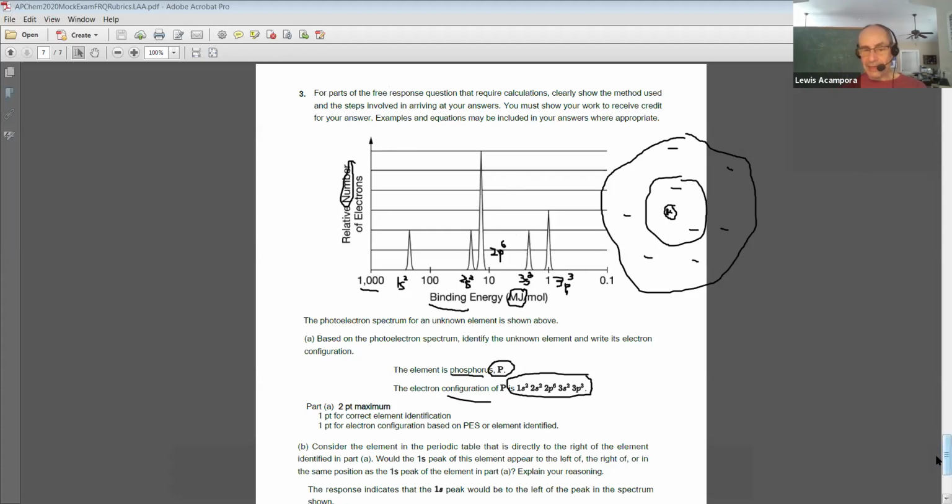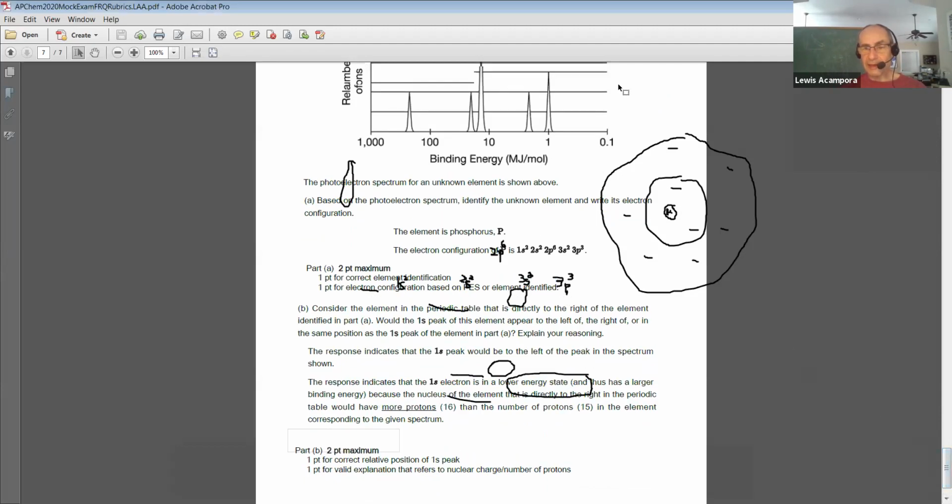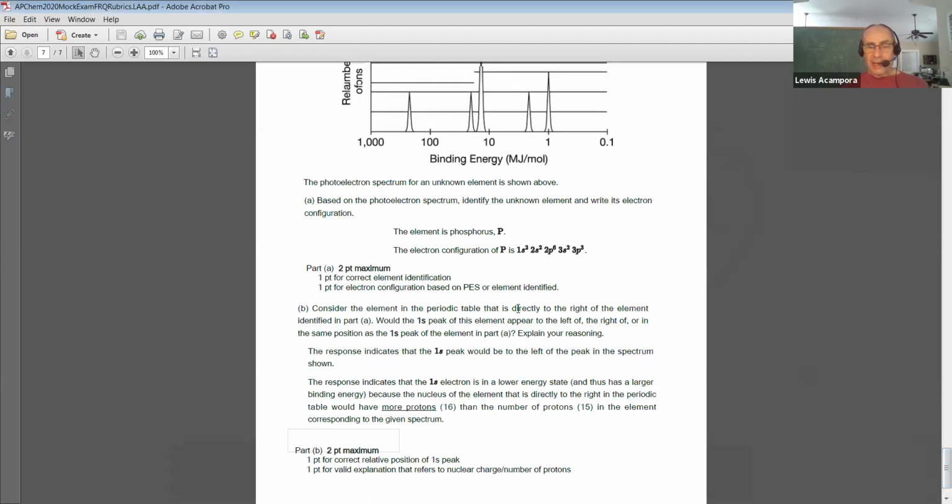And then part B, let me clear that drawing. You have to say wherever you are on the periodic table. So, we're over here. So here's the periodic table, and phosphorus would be somewhere right underneath nitrogen, right here. So you're asked to consider the element directly to the right of the element identified, so we take a step to the right here. And what happens as we go across the periodic table, left to right, is that we